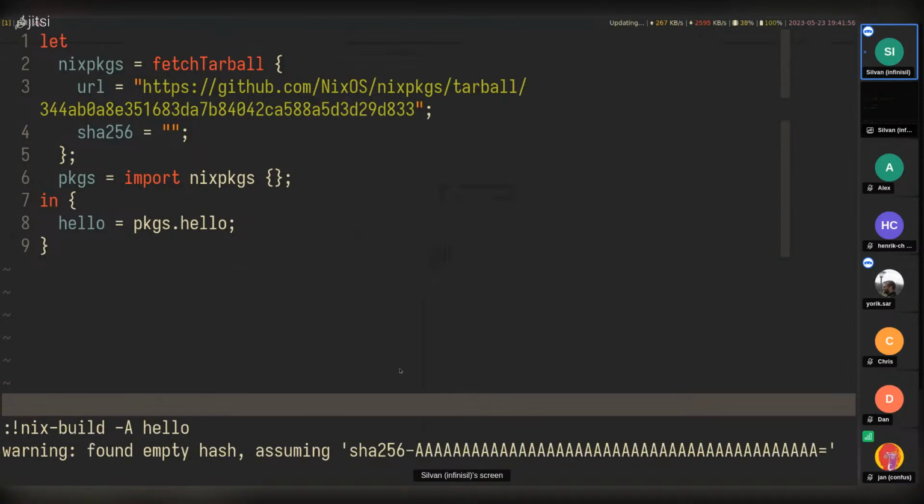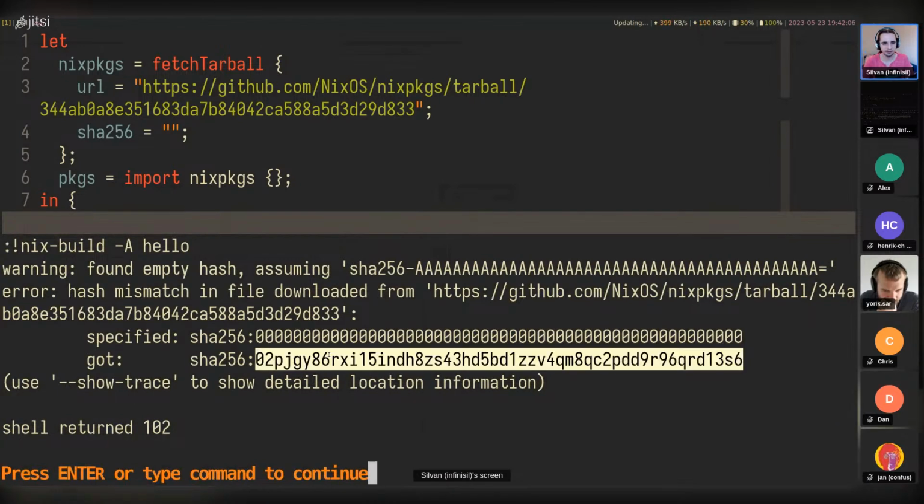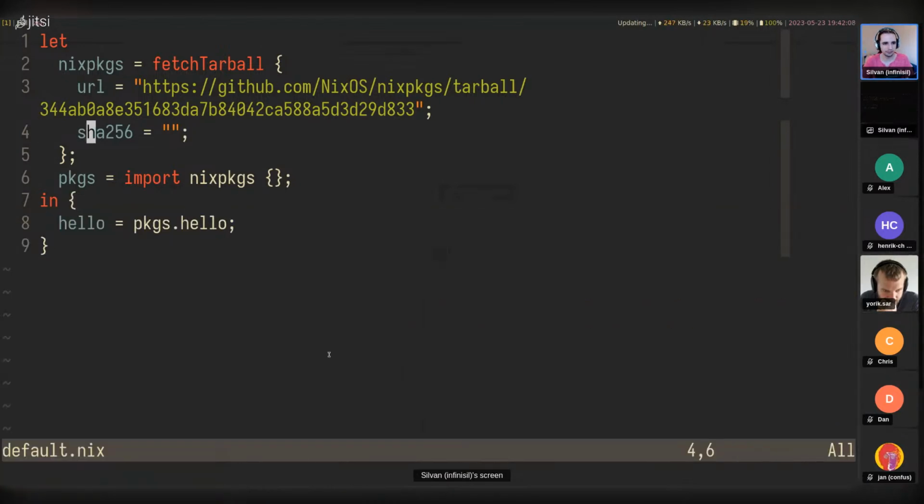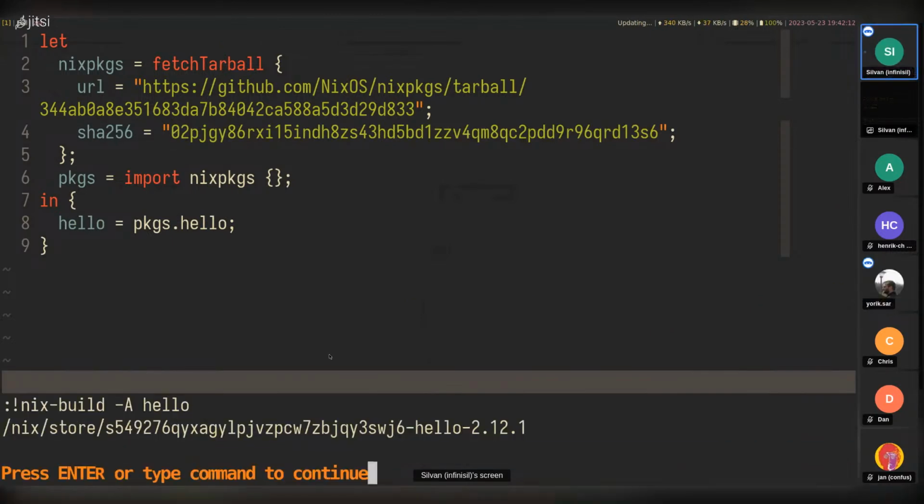It found an empty hash, assuming blah, blah, blah. It's going to fetch nix-pkgs, it's going to unpack it, and we get the right hash back. All right, now I'm going here and insert this hash. Now I'm going to build hello, and it works. Okay, but now,